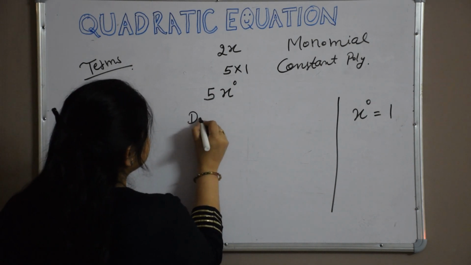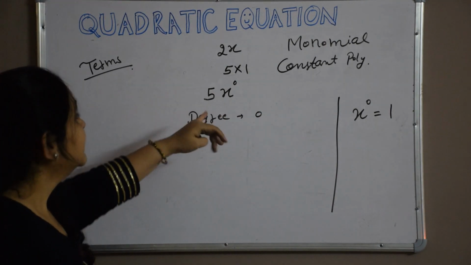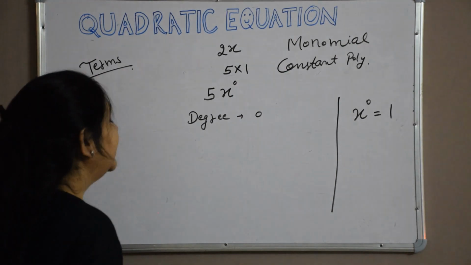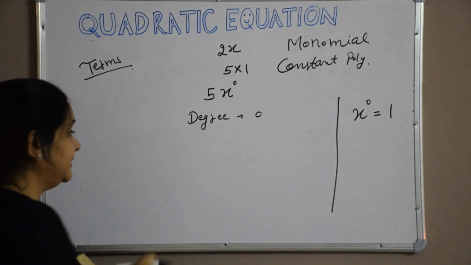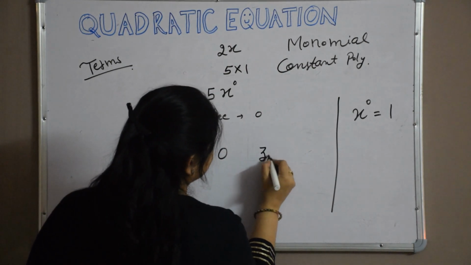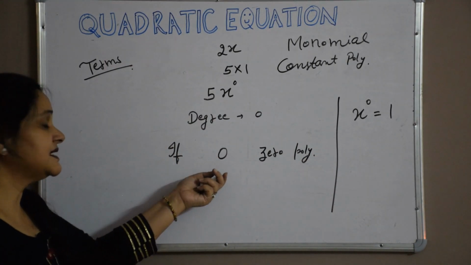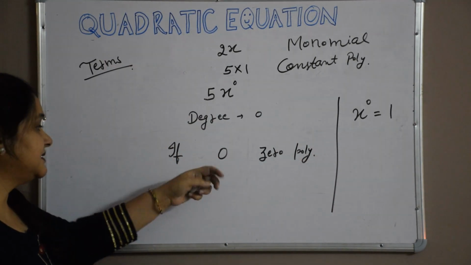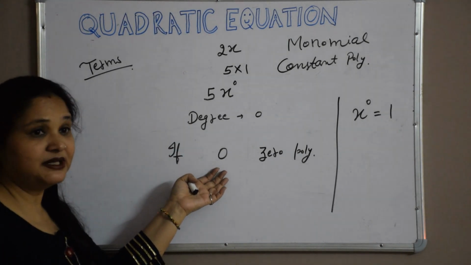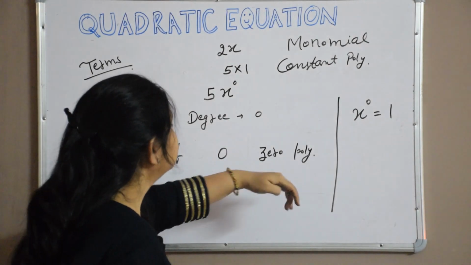So here the degree is, there are no terms with which we can compare. So the highest degree is 0. So degree is 0. And there is one more important thing. If I am having a 0 polynomial, this is called a 0 polynomial. 0 polynomial means I am having only 0 as its term. It has a single term, it is of course a monomial, but because there is only one term and that is 0, I can call it 0 polynomial.